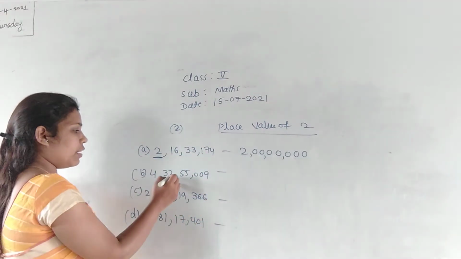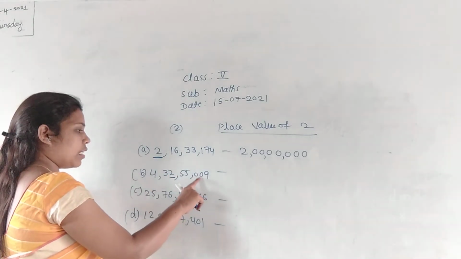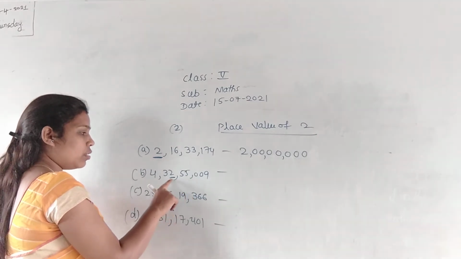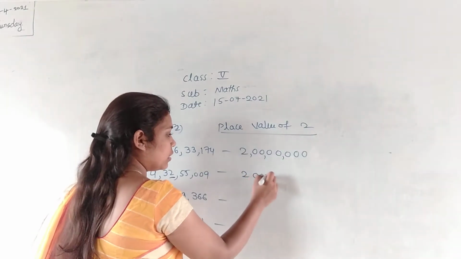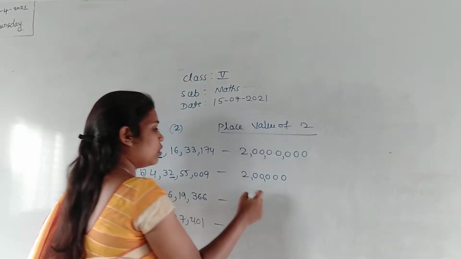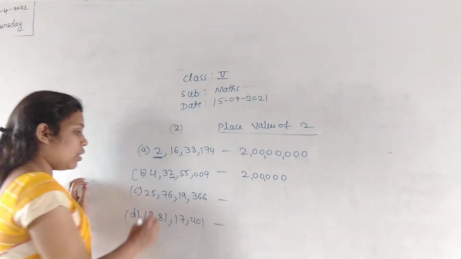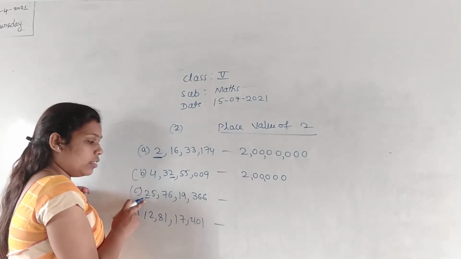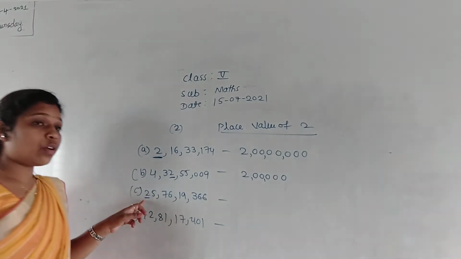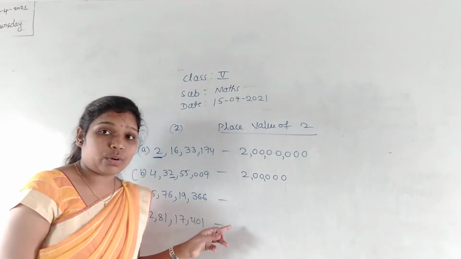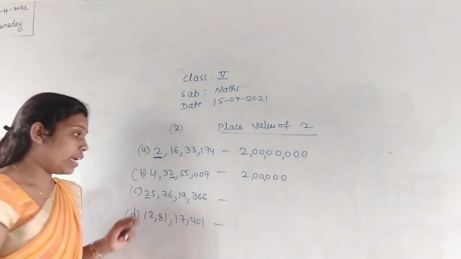Okay? In next number, where we are having the 2. Right? So what is the place value? Count here. 1s, 10s, 100, 1000, 10,000. This will be the lakh. Right? So 2 lakh. For lakh, how many zeros? 5 zeros. Right? Here place value for 2 is 2 lakh. Next, where are we having 2 here? Here. Means it is in a 10 crore place value, right? So 10 crore means you have to write here a 20 crore. Okay, for that 10 crore, how many zeros? 8 zeros. So write the 8 zeros here.